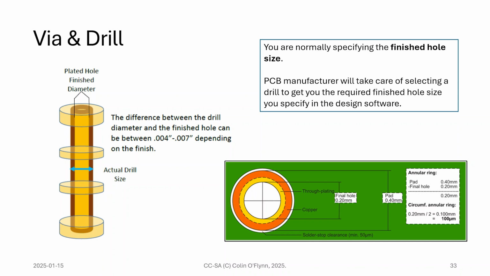When we're looking at our vias on the board is another thing to consider. The vias are the connection between top, bottom, and interior layers. It looks like just a hole with a pad around it. And what's important to realize is it's a bit odd. We actually specify the final hole size that we want, which makes sense, but that's not what